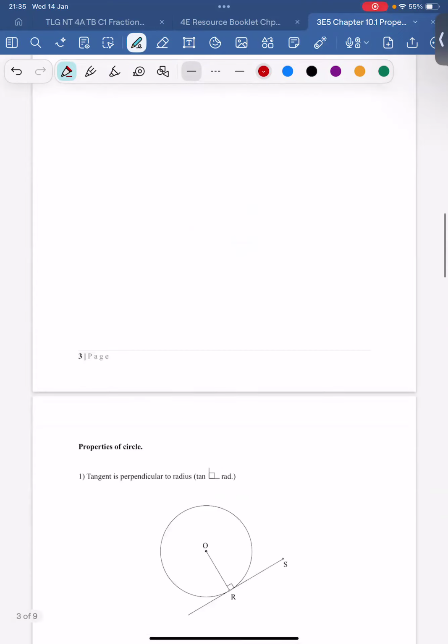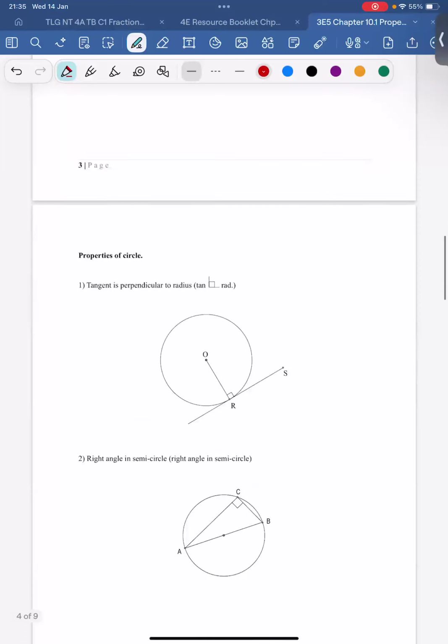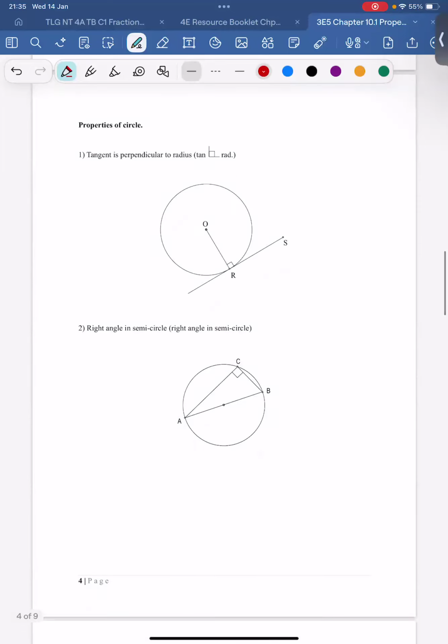Okay, so let's start with properties of circles. Basically, there is a commonly used property. Uh, there's a property called the tangent chord theorem. That means, not tangent chord theorem, sorry. There's this property that the perpendicular bisector of any chord will pass through the center